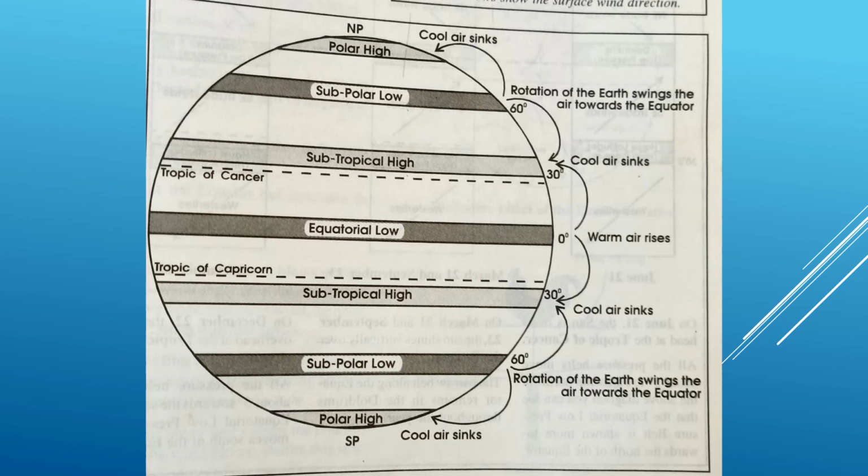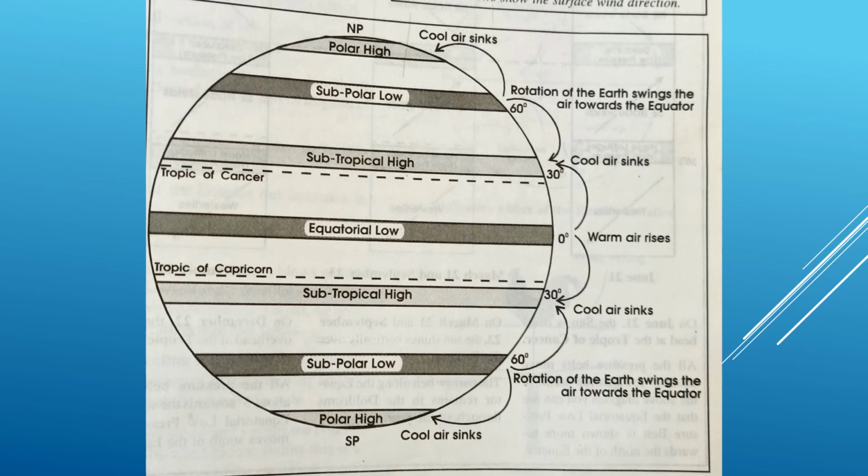So, children, the reason for the formation of the subpolar low pressure belt at a very high latitude of 60 to 70 degree north and south. Generally, you would feel that because the temperature is so low in this area, the pressure should be high. But this is not so. The reason is that a low pressure belt is created mainly due to the rotation of the earth, which swings the bulk of the air towards the equator,